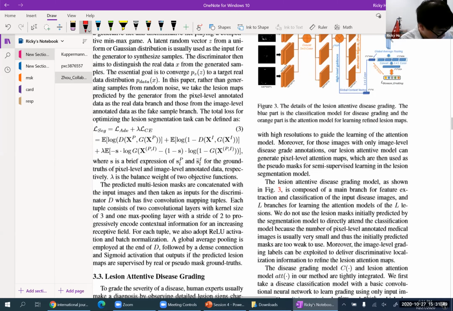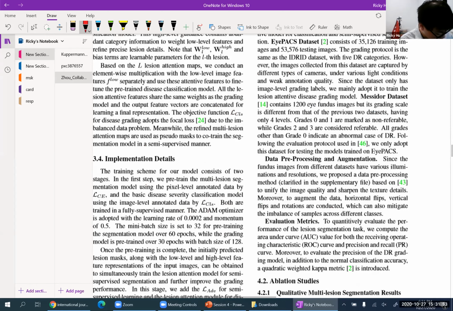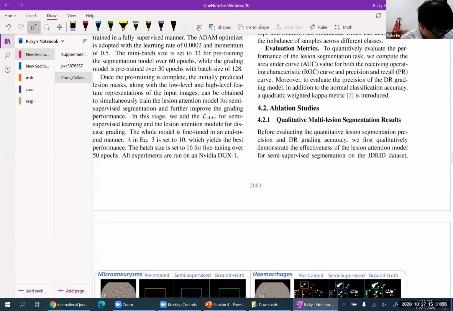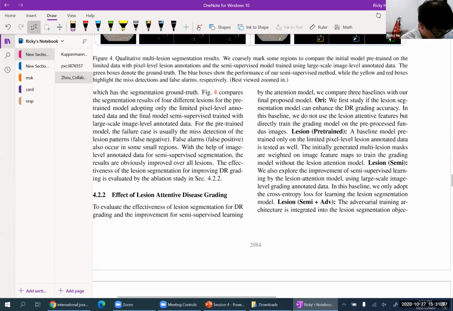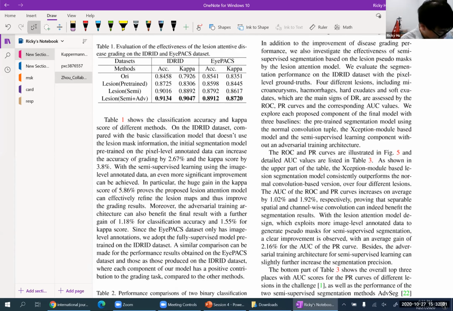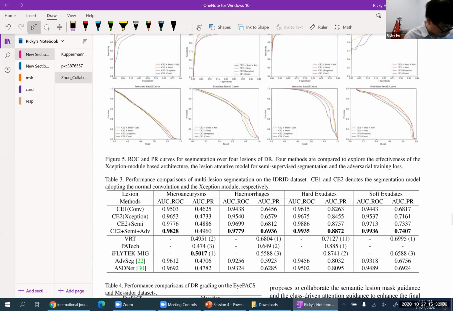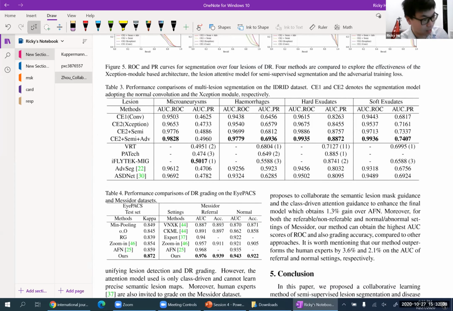Now, what I'm interested in is whether they cross-validated. I'm sure they cross-validated, and also their results. So here, this is a results table that really is like a gold standard. So here they use area under the curve, which is a much better evaluator than just root mean square error,